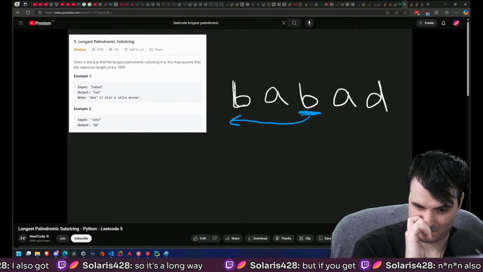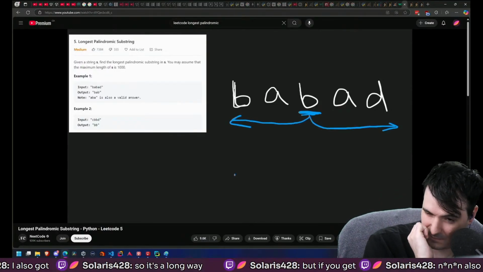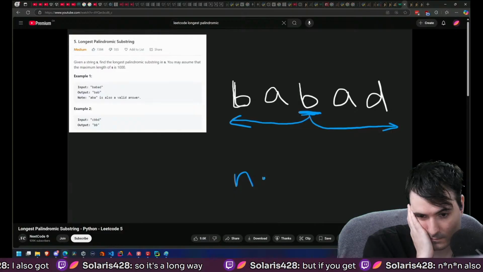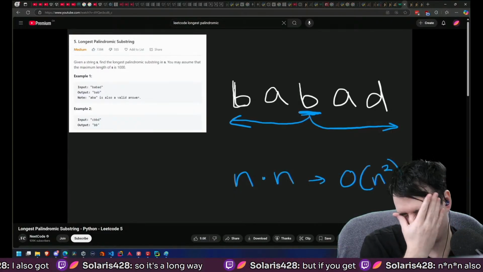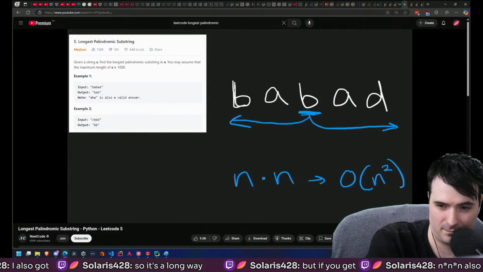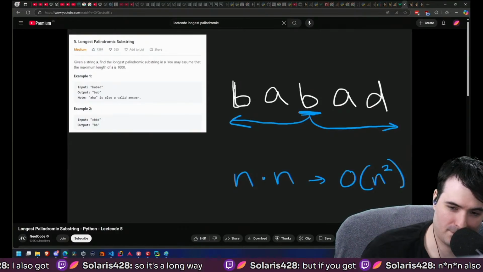Notice how if we do it this way, for each character, we're going to consider it the center, and we're going to keep expanding outwards. We're going to take each character, so that's going to be n, and to expand outwards for each character, it's going to be n again. So for this way, the overall time complexity is going to be O of n squared. So that's kind of clever, right? Like a subtle difference of how we check if it's a palindrome can really improve the time complexity. But hold on, there's one edge